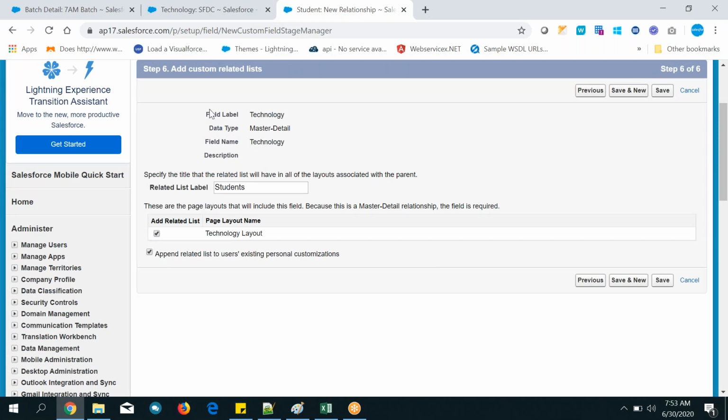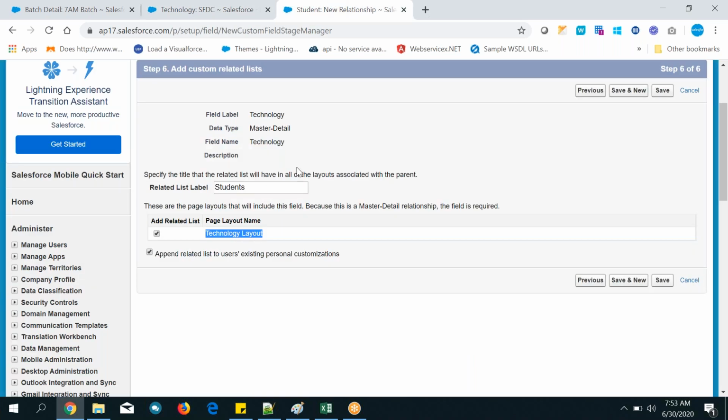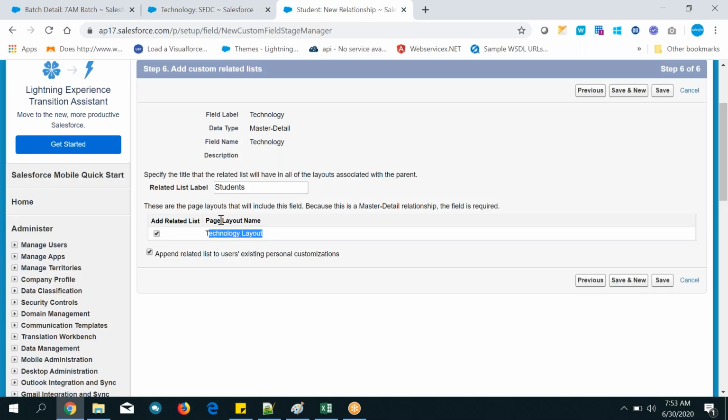You can see here, add a custom related list, and you are adding it to the technology page layout also. So the child students are automatically added to the technology layout, and it will be displayed under the related list. Save it.